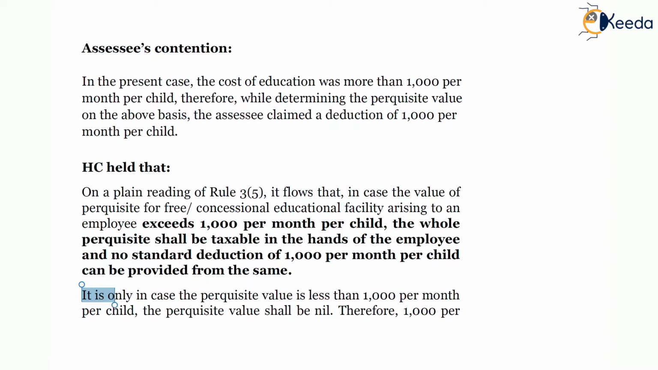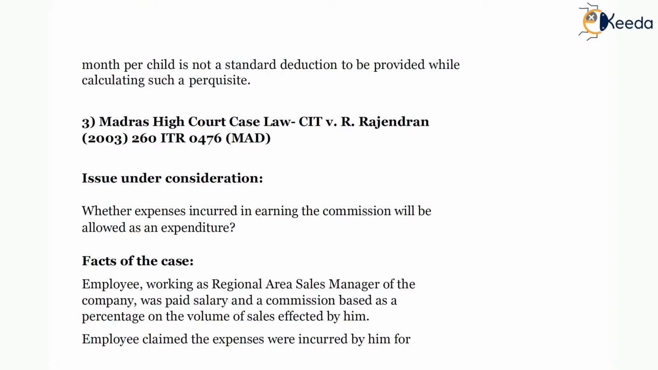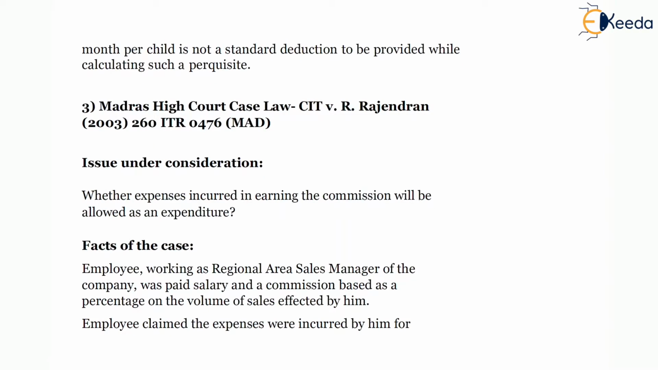Continuing on the screen, it is only in case the perquisite value is less than 1000 per month per child, the perquisite value shall be nil. Therefore, 1000 limit is not a standard deduction to be provided while calculating such a perquisite. So in this case,